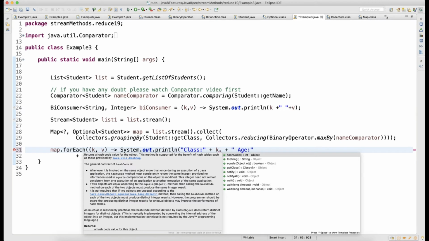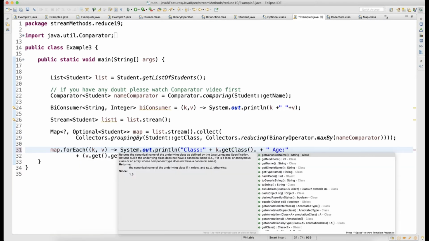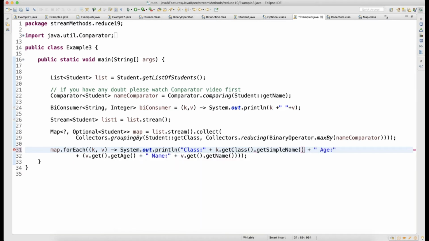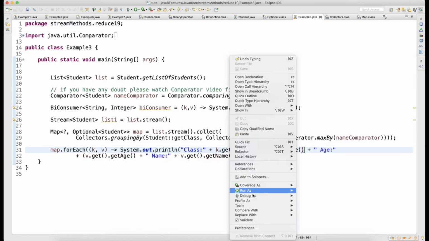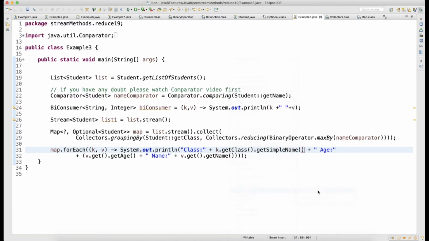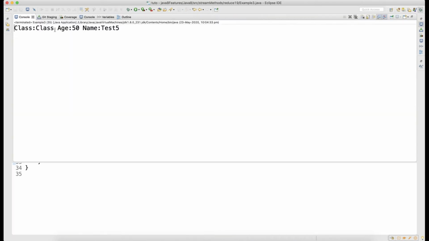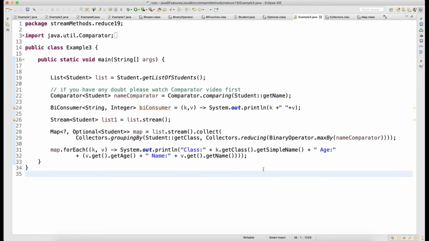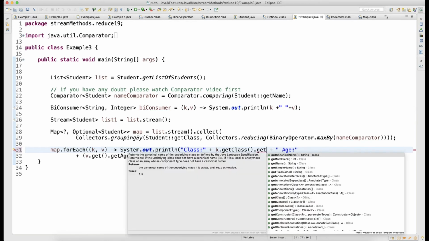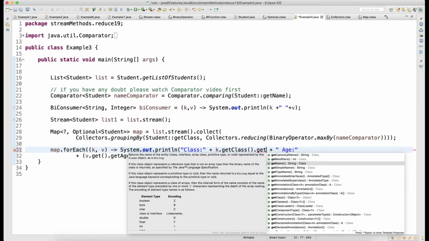So here also again I can do k dot get class dot get simple name. So when I print k dot get class dot get simple name, it will just give me class colon class. Okay, let me do one thing. Let me just try get name.